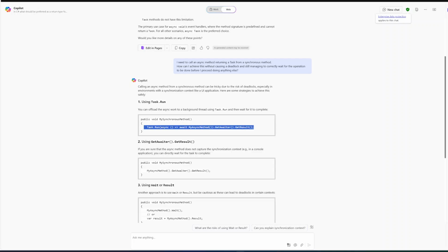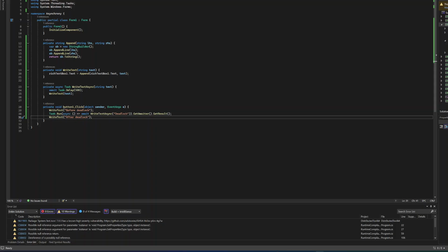Well, nevertheless, let's try it. I will copy and paste and adapt. I did the Task.Run the LLM suggested, and we have an asynchronous